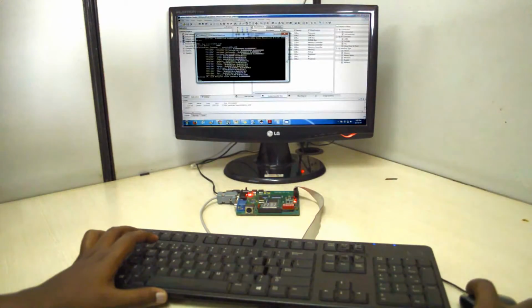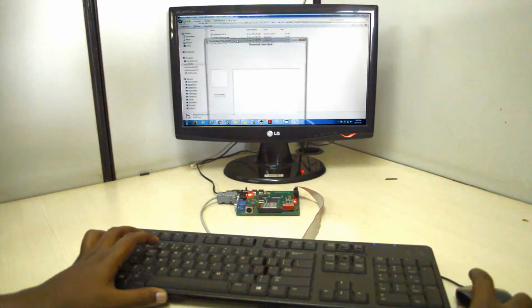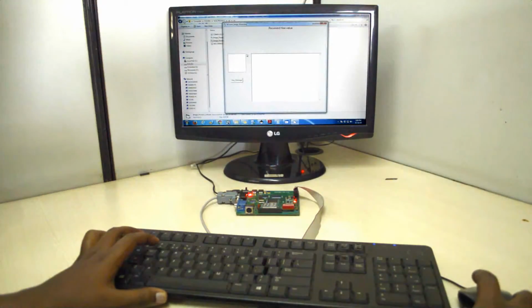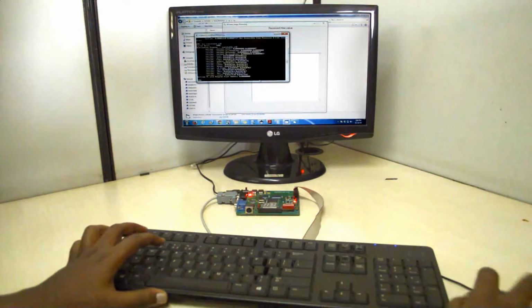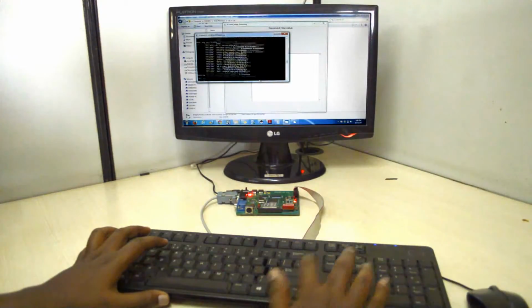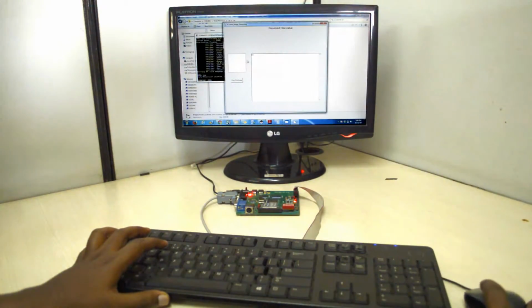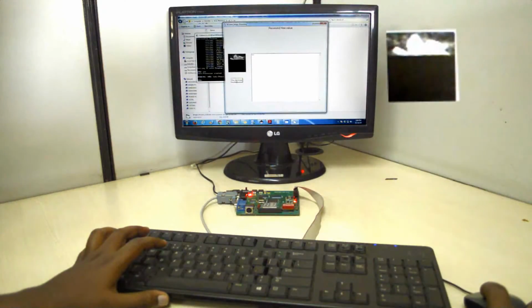Now we have to open the Visual Basic Guide to view the output. This is the Visual Basic Guide with a 128 x 128 image viewing window, a serial data receiving window and a display button over here. We have to type the run command and enter to see the output. You can see that serial data is receiving at 9600 baud rate. This is nothing but image pixel values. This can be plotted over this 128 x 128 pixel image viewing window by entering the display image.